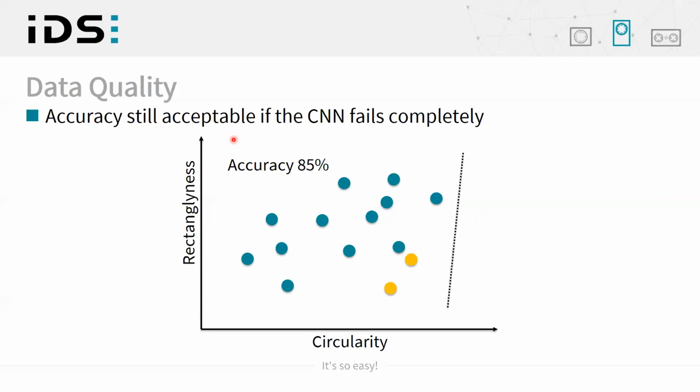Now, the problem is if the neural network completely fails, it will still look like an accuracy of 85%, which might still sound like the neural network learned something. So neural networks tend to ignore underrepresented classes, and you probably won't realize if you're only looking at the accuracy.